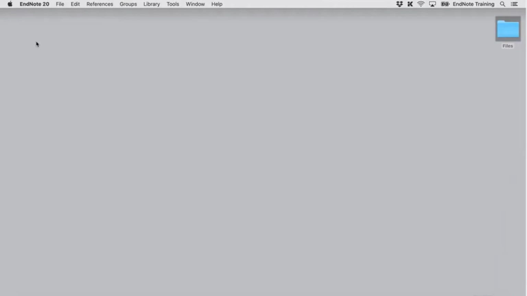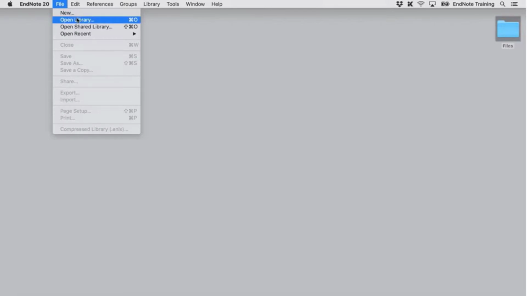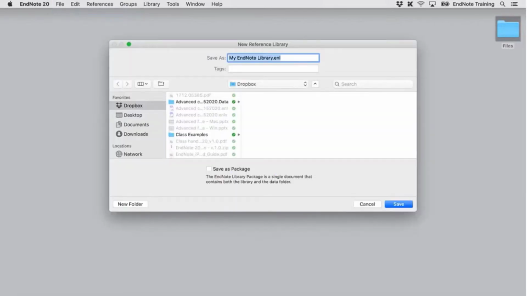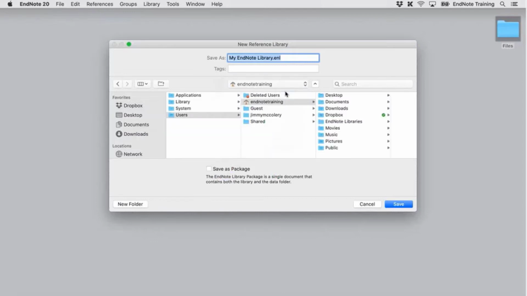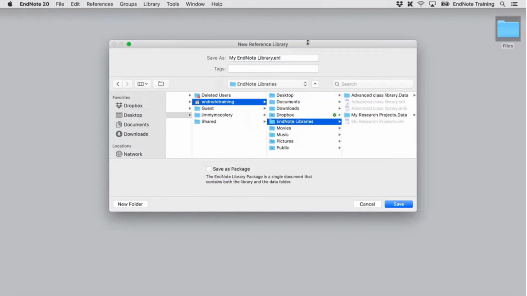Now we're on my MacBook Pro. I've got my EndNote 20 installed here. I might not have any other libraries just yet. To get started with setting up sync on a second or third computer, you would want to make a new blank library. So if we pretend we're on my second computer, which is a MacBook Pro, I would go to the File menu in EndNote and choose New. I can save this library to any local folder that's not being synced by a third-party service. Just to keep things organized, instead of saving this in Documents, I'm going to save this to my Home folder here, and we'll just call it Sync Library